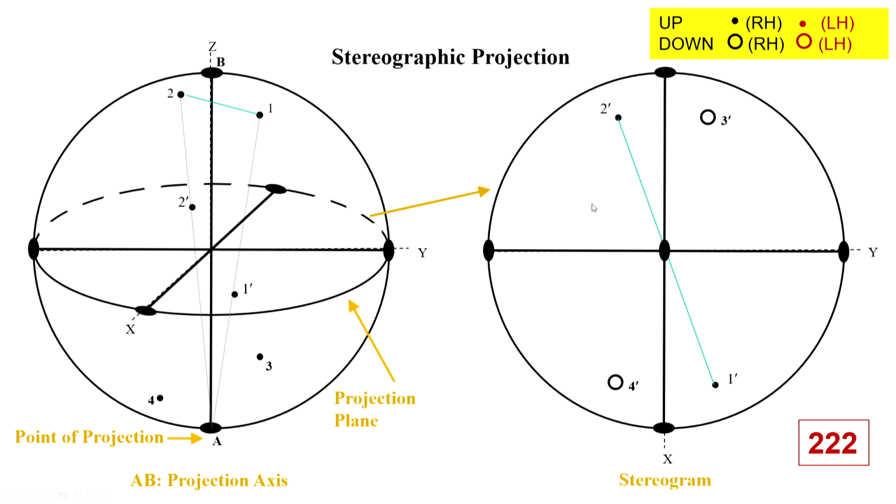Now, if I look at the stereogram alone, then 1 prime can go to 3 prime by the two-fold rotation axis along y, 1 prime can go to 4 prime by the two-fold rotation axis along x, while 1 prime and 2 prime and 3 prime and 4 prime can overlap or self coincide by the two-fold rotation axis in the center. Incidentally, the point group that we have formed here is the point group 2, 2, 2.